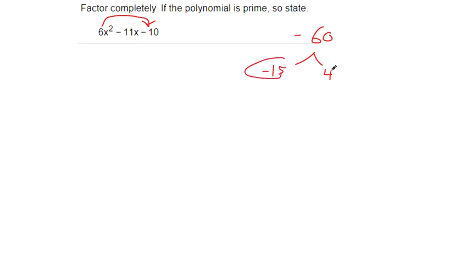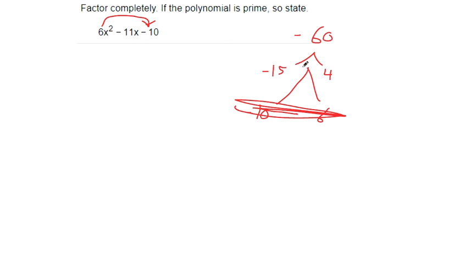If you're wondering how I got those, it's just because I've done this problem so many times. What you want to do, if you can't tell right off the bat, is try factors that you know work. Like 10 times 6 makes 60. But if I make 10 negative, negative 10 plus 6 makes negative 4. It doesn't make negative 11, so that's how you know that pair is not going to work. Just keep going through all the pairs that multiply to be negative 60. So when you find your pair,